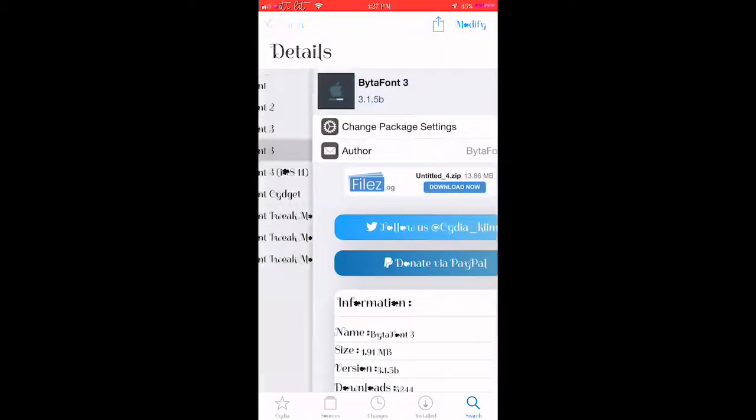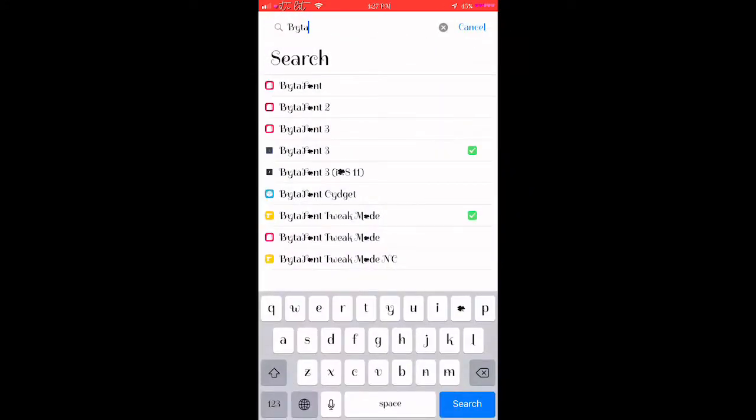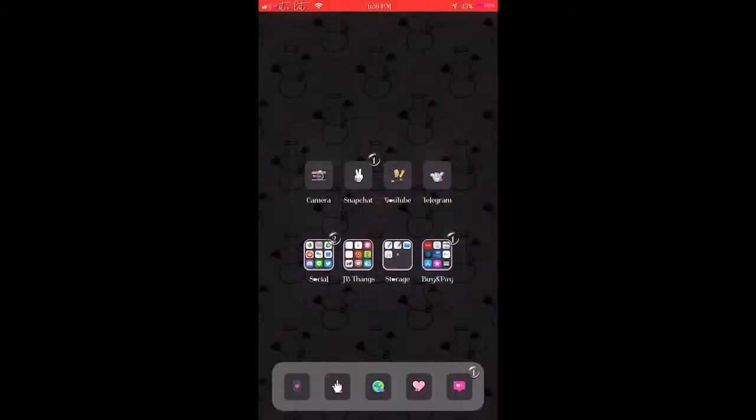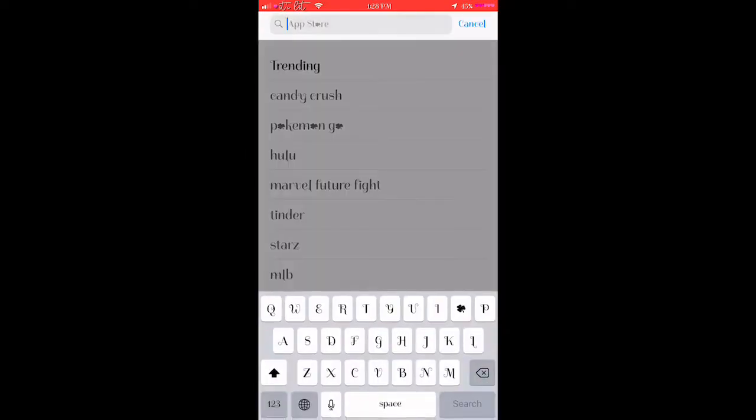So I downloaded that, and then I did install Bytafont tweak mode, just to ensure that my Bytafont would work properly. Okay, so I do have that one, and they have caused me no issues at all. So what I do is, let's say you guys have a font you want to add. The first thing you want to do after you have Bytafont installed is you want to go to the App Store. Okay, your regular app store, and you're going to search for